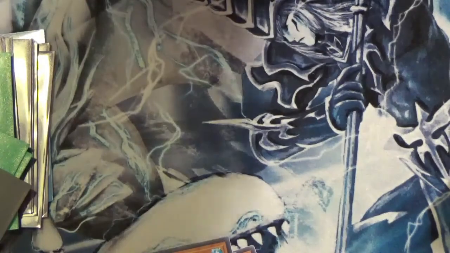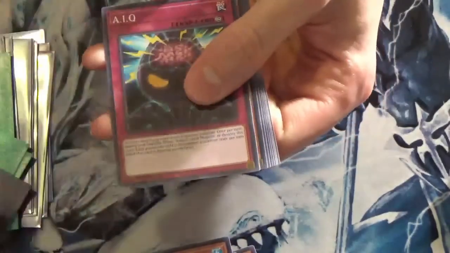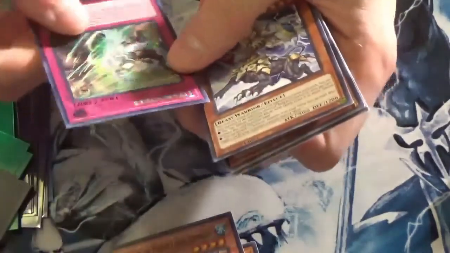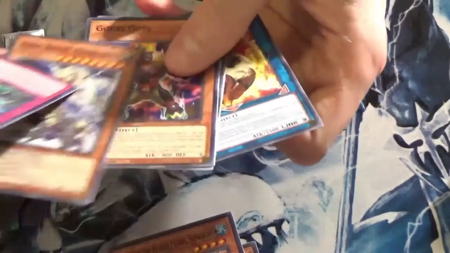Let's see. We've pulled one Ultra Rare so far. And we're almost through our first half. So we should be seeing another Ultra and or Secret Rare soon. Deep Sea Artisan. AIQ. Deep Sea Merce. Oh, wait. Titanicoder. Huh. Our first Secret Rare. And then we got Barbaros. Okay, so